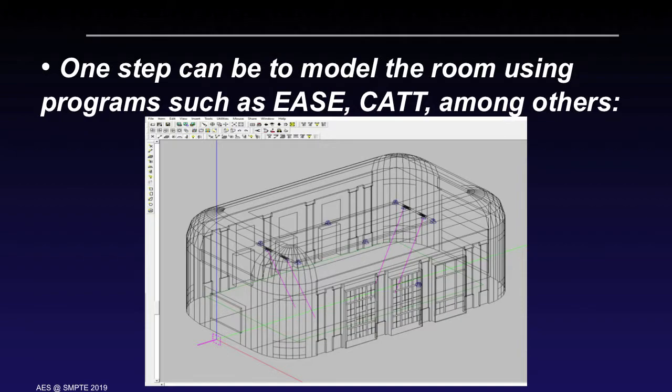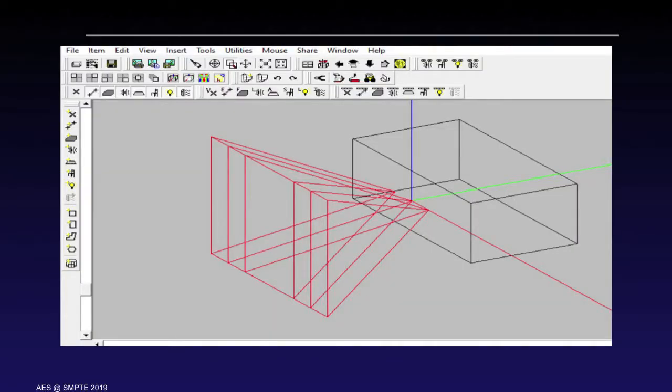So once we know what we want to do in a room, we can begin selecting some loudspeakers to do so. And here's a model of the loudspeaker from the Ease program. Now, this is what we use for a screen channel. Okay. One thing we want to know is how many do we need and how far do we want to throw,